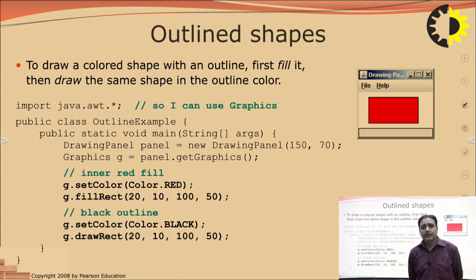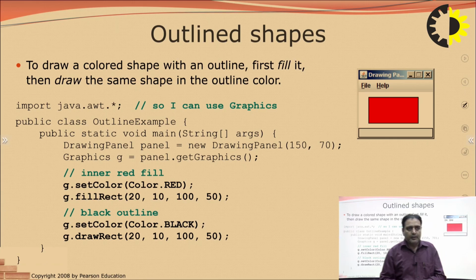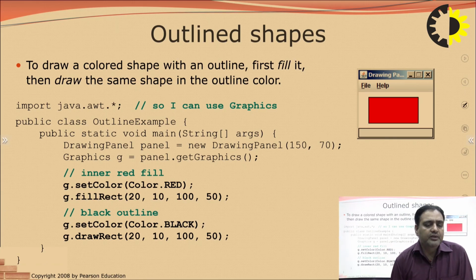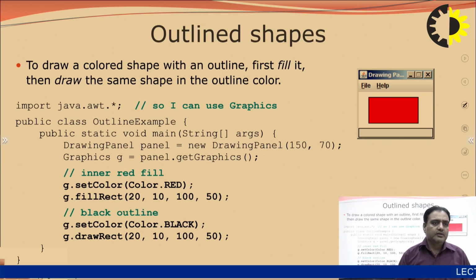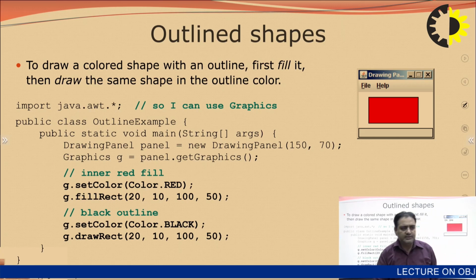you can do the inner red fill and black outline of the inner red fill. What type of color do you want to choose to fill the particular objects? It is set foreground and background, and what color you want to choose. You want to fill the drawing panel, and then highlight the straight lines or outer lines of the particular object. These are different methods you can use to outline the same.